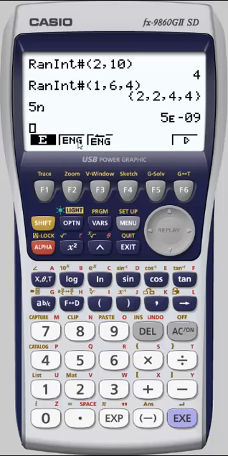And then these keys, the engineering key and the sort of reverse arrow engineering key, all it does is it changes the representation. There you go. You'll notice this previous value, it was 5 times 10 to the negative 9th, is the same thing as 5,000 times 10 to the negative 12th, or 5 million times 10 to the negative 15th. All it's doing is changing the representation, but it's the exact same value. It's just a different way of looking at it. So you can increase or decrease using that.